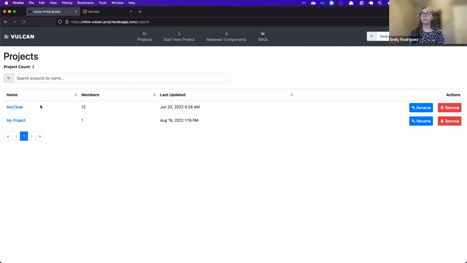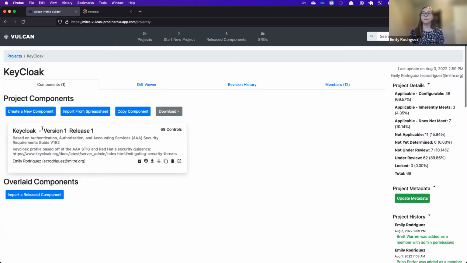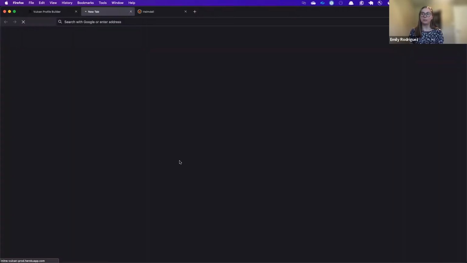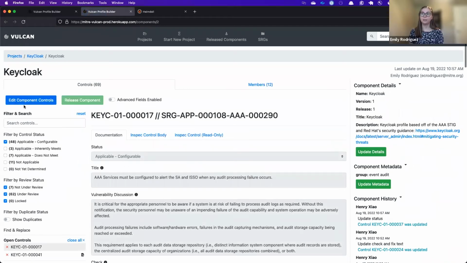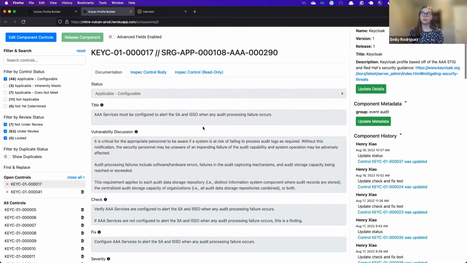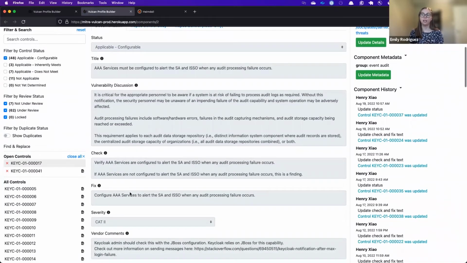And so what we do here is, in this case, Keycloak is an authentication, account and access service. And so in this application, we can create STIG-ready content in this project. So if I open up this project, I'll be able to see all of the controls that were uploaded based on the AAA SRG. And this includes all of the information and data that was already there, like the status, which we will have to edit, as well as the title, a vulnerability discussion, and check and fix text, as